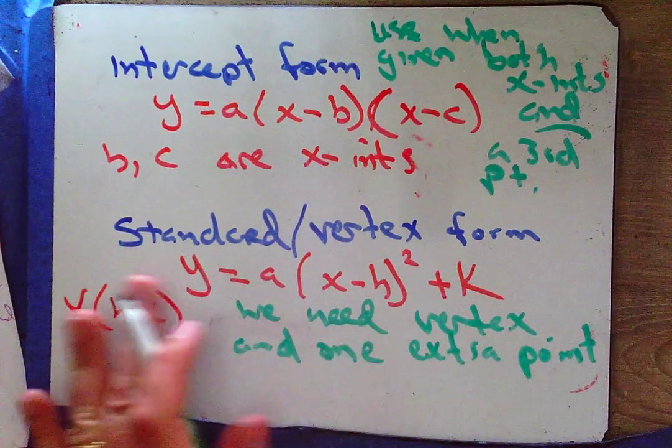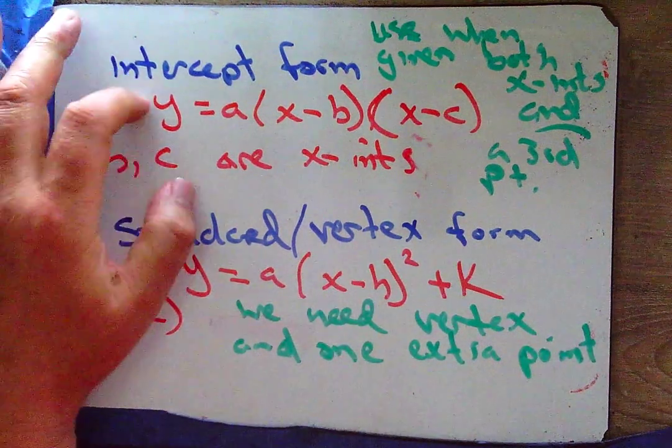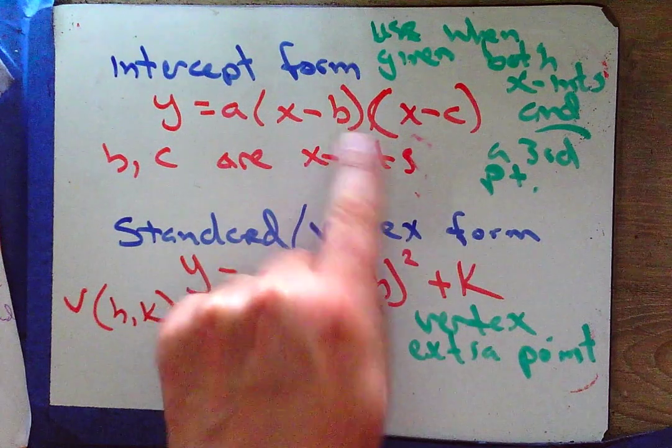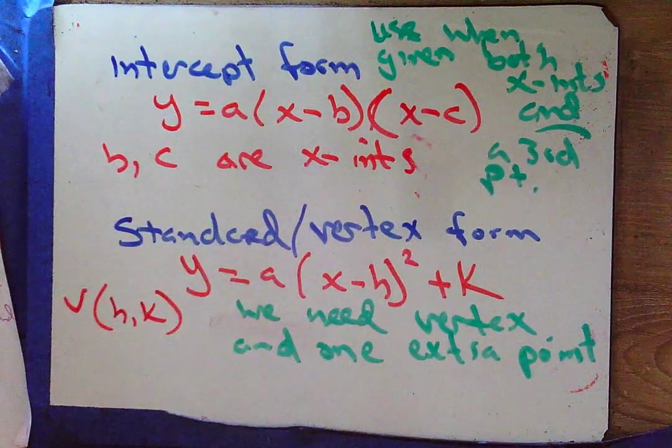So we only need 2 points to write this equation, whereas we need 3 points here. 1, 2, and a third point to help us find it. Alright,